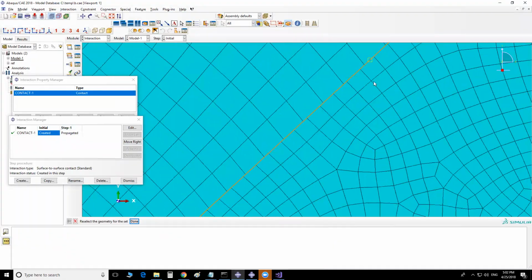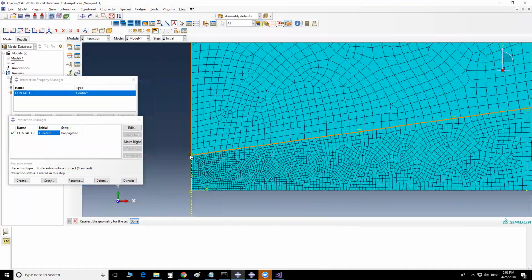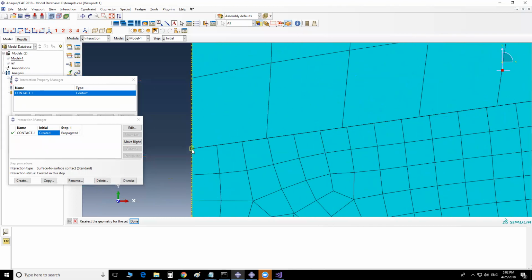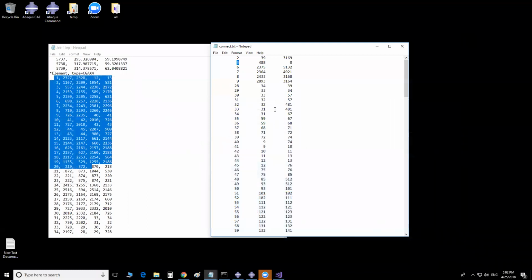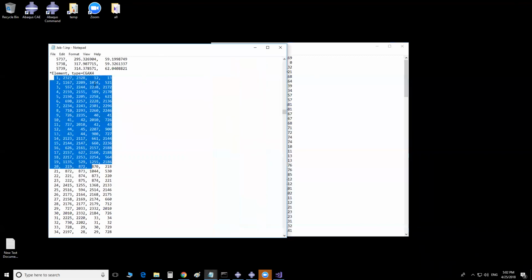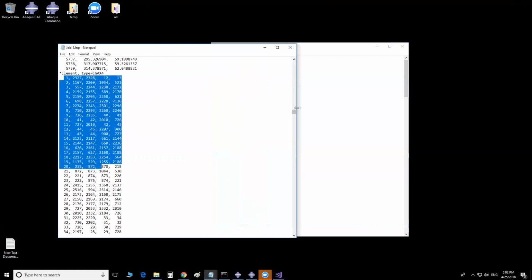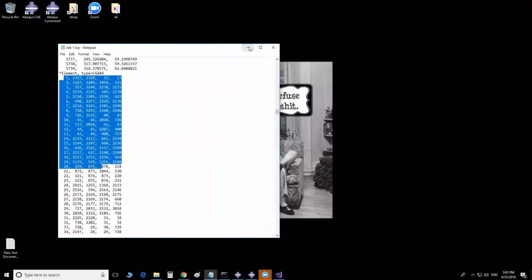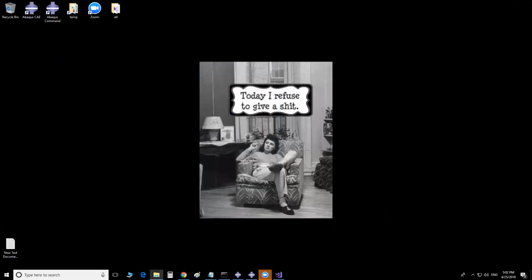This is this node over here, and because it has just 1 element, the other element number is 0. But other than that, all the nodes are connected to 2 elements. So this is what I need to get from any code that you can write in any different desired software. But here, to walk you through different abilities of using different softwares and different subroutines, I'm going to use